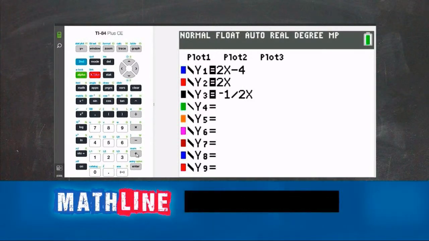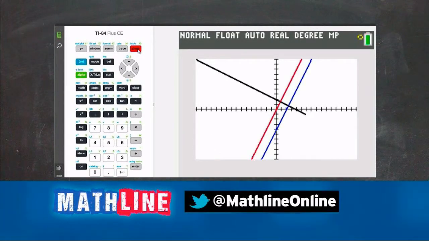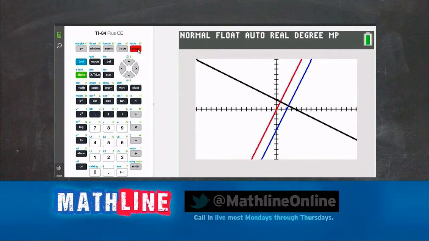Oh, let's just put a +2 on it. I don't know what it's going to do. We're going to see what happens, all right? It's going to give us an interesting looking graph because here's our third line. It's coming through black. So here we go. And if you'll notice, that pretty much looks like it's making some right angles through those lines, all right?